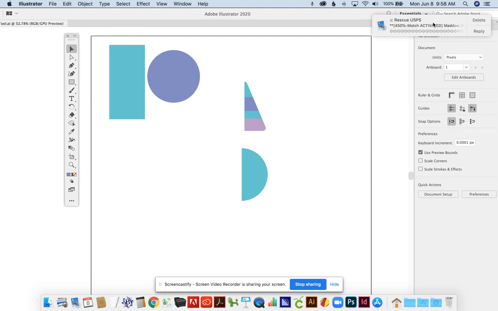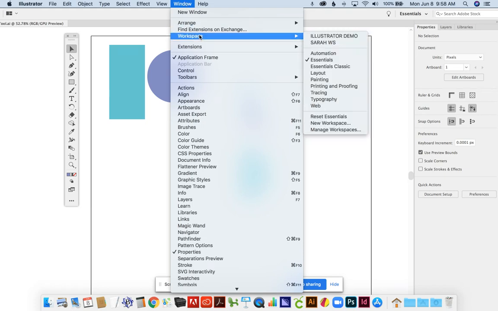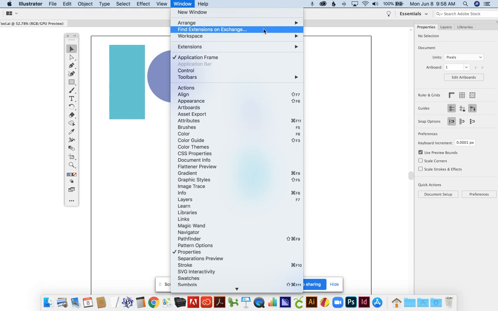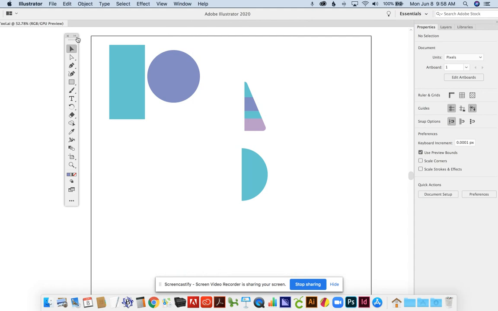I also want to point out that my workspace, you want to make sure that you go to the Essentials workspace. And just a good rule of thumb is you can always reset Essentials, which is basically like a button to instantly clean your office, which is pretty cool. And my toolbar is just the basic one, which should be the default. So this is the toolbar, and then this is what's showing in the dashboard, so to speak,